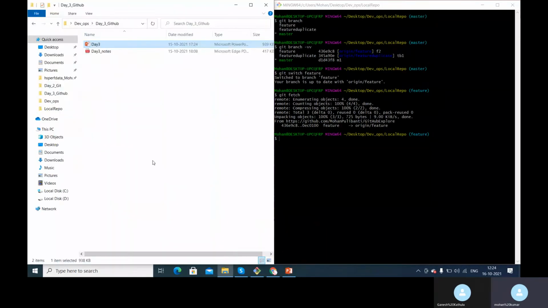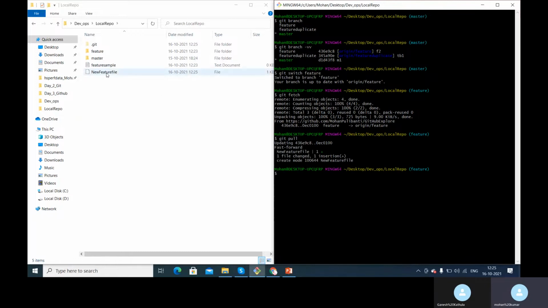If I go back to our repo, this is our repository, and we don't have that file here. If I say git pull now, we got that file here. We haven't given origin or feature, because they are tightly packed.